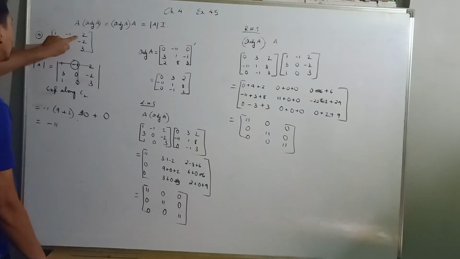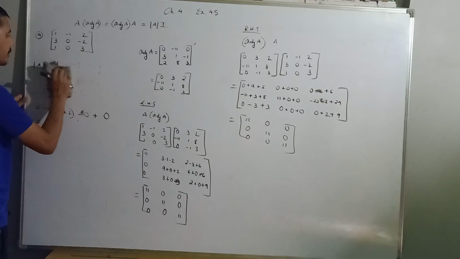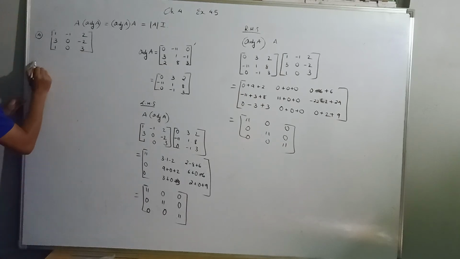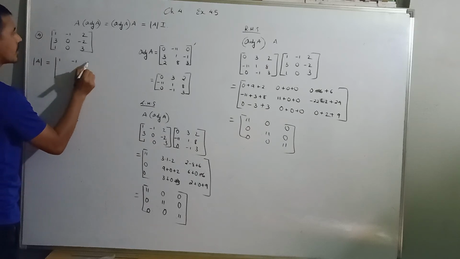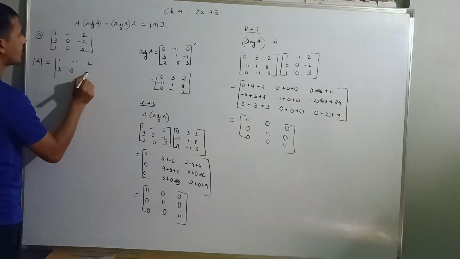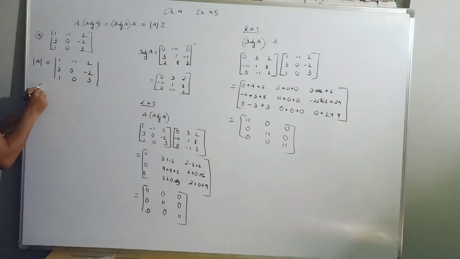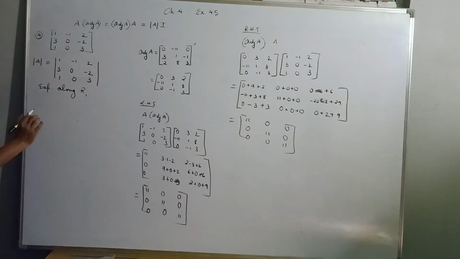1, minus 1, 2, 3. Expanding along C2 seems to be correct. Okay. Let me do this straight away. Determinant of A is 1, minus 1, 2, 3, 0, minus 2, 1, 0, 3, no? Let me expand along R1. Expand along R1. Okay? So,